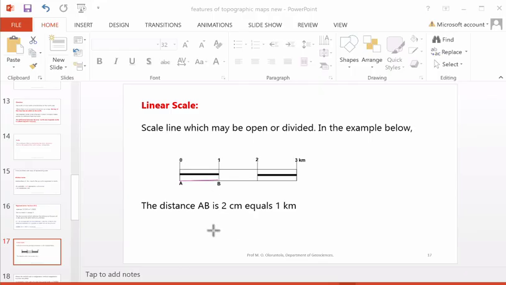What this scale means is that this length represents this value in this unit. Let me say it again. How this scale is interpreted: this length on the map, measured by whatever unit you like, represents this value